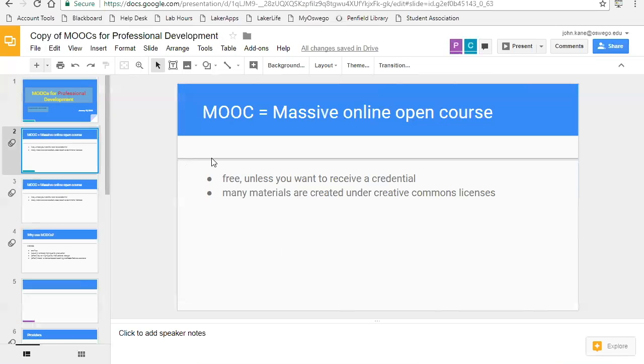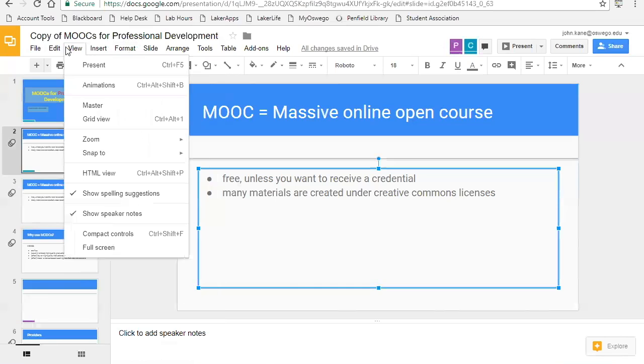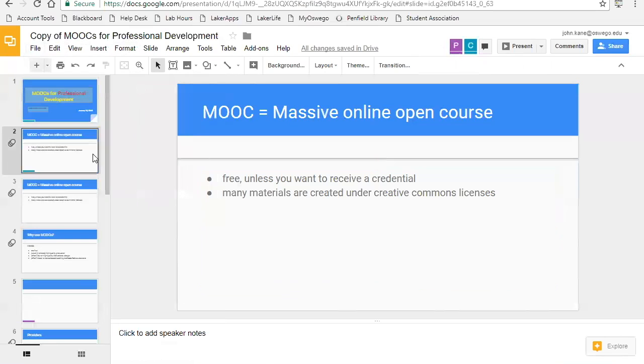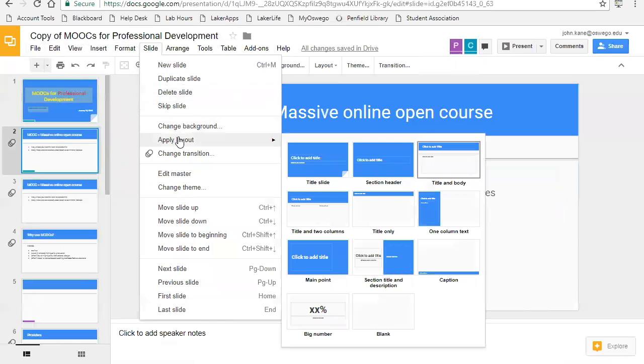If you want to make changes in the slide format, if you didn't like the slide, you can go up, let's do it for the slide over here. You can go up here, and for the slide, you have the option of changing the background color or background image. You could apply a layout, and there's a whole series of layouts for each slide. Each choice of style, you can get different slides, and they usually come with a title slide, a section header, a title and body, title with 2 columns, title only. The same types of slides you get in PowerPoint. So if you want something where you only have a caption or only an image or 2 columns of text,